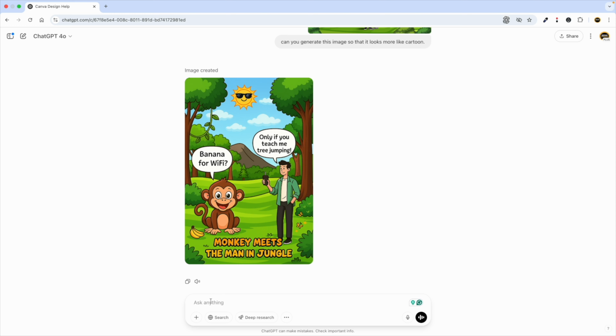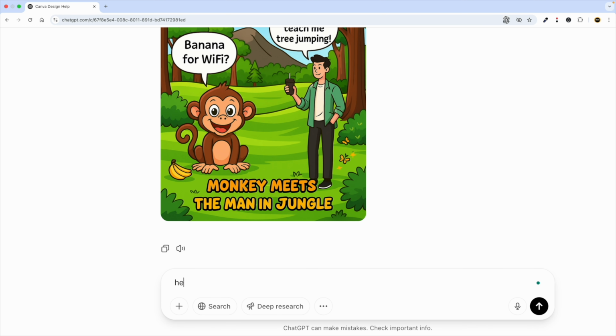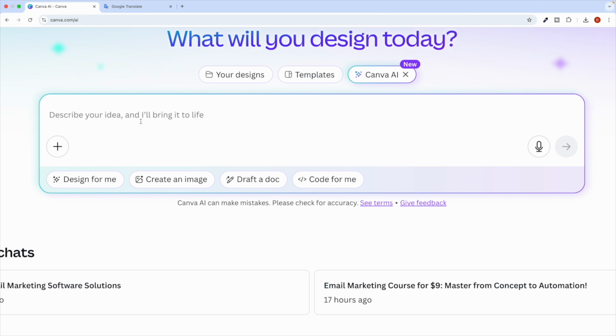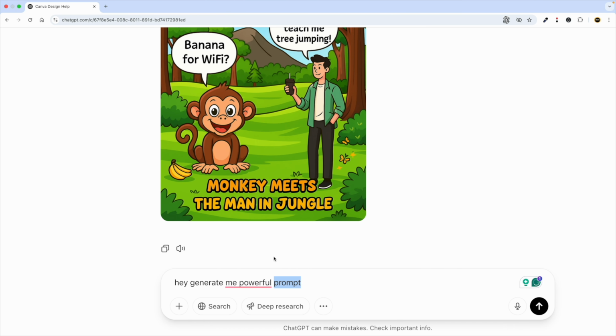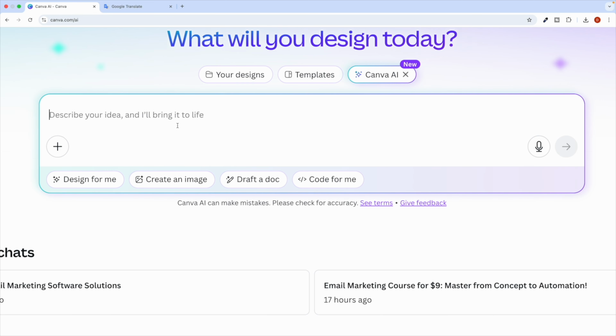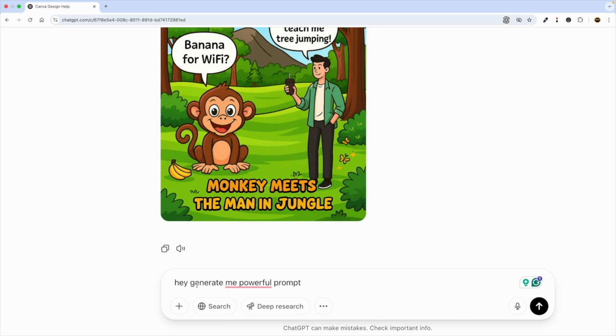like you can ask ChatGPT, let's say, hey, generate me a powerful prompt. Prompt basically means whatever text you put to the AI. So you are asking ChatGPT that you have something in your mind. Just tell that and tell ChatGPT to generate the prompt, so you can paste it over here. Suppose you can say, hey, generate me a powerful prompt for Facebook ads where I want to